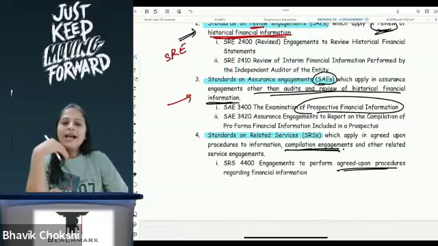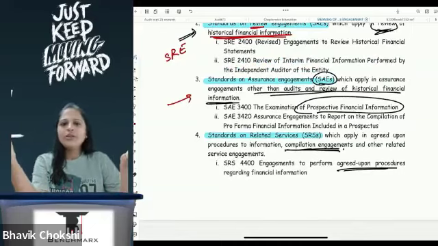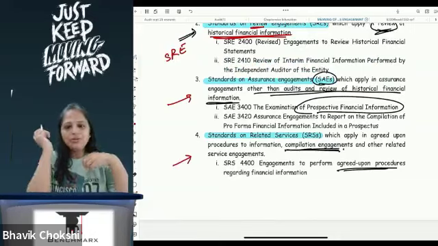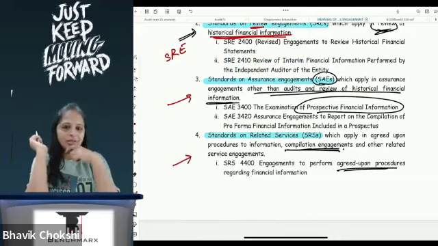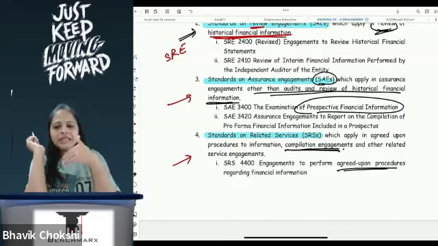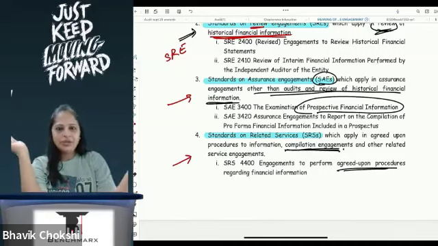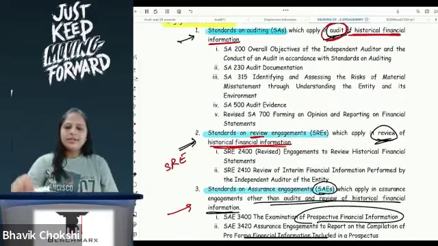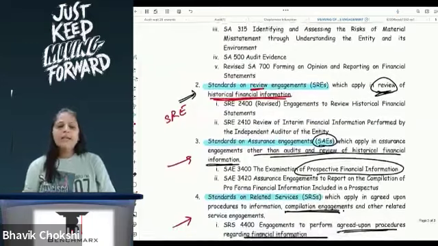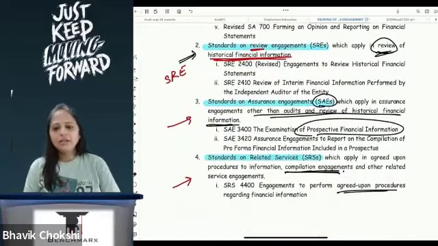because I'm not talking about historical financial statements. Or when I have only set up the process, I am only working as an accountant, I'm not really auditing, then you know that you are doing a related service. You remember we've done something called 144 last year in law, wherein related service that we can do as a CA. Correct? So that is related service, where I am doing something and I am not auditing. I am just making it and giving. Someone else will do the auditing once it becomes historical financial information. Correct? So this is the difference between your standards on auditing, your SREs, SAs, and your SRS. Are we understanding?